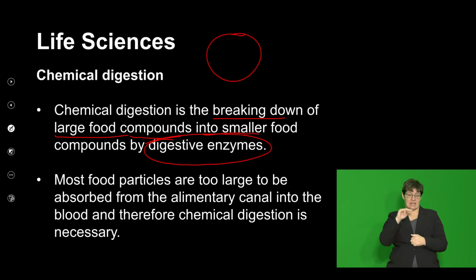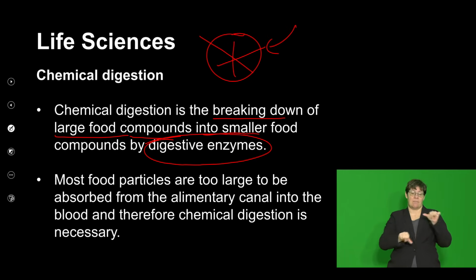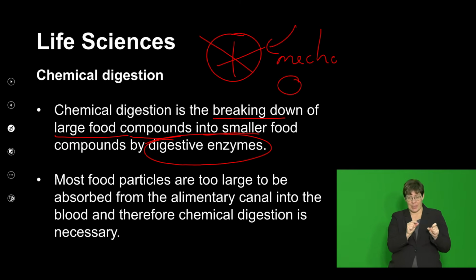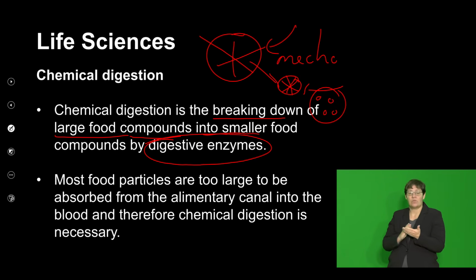We spoke about that firstly being broken down by mechanical digestion into smaller bits. Now we're moving from these smaller bits into breaking them up further into even smaller bits, and that's where we want to get to. We want to get to looking at how these are then absorbed as their simple monomers